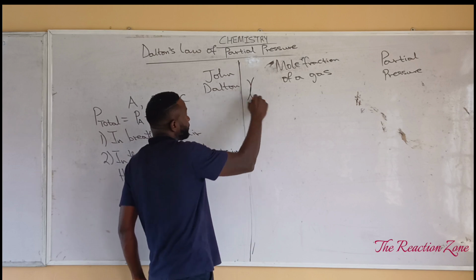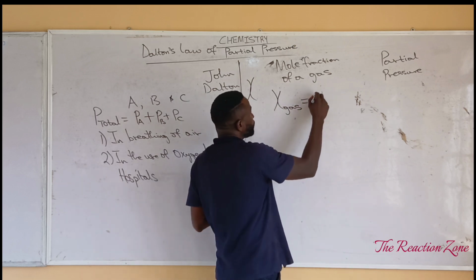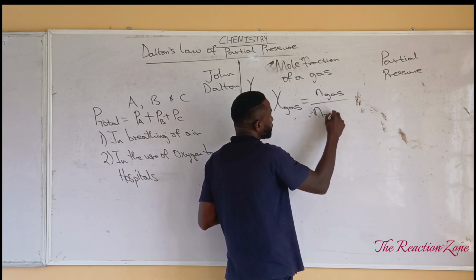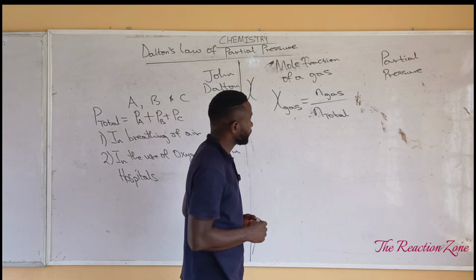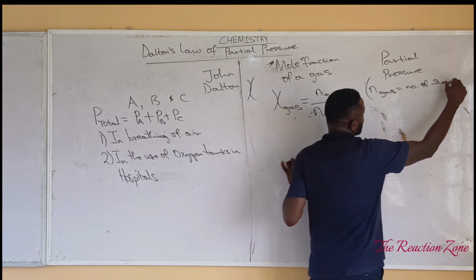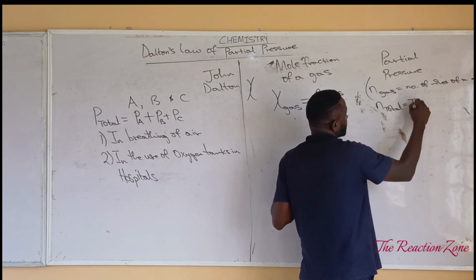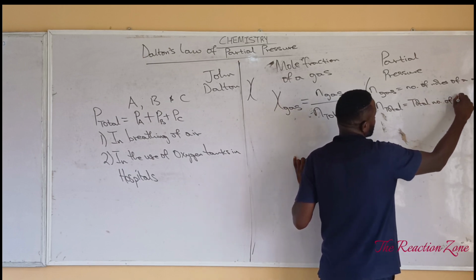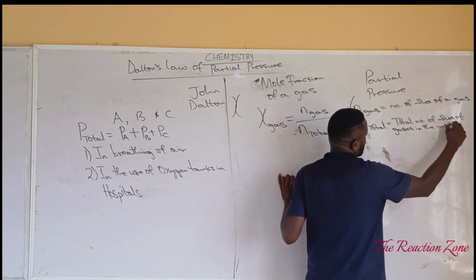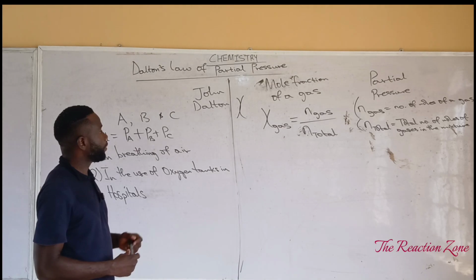Mole fraction is represented by this symbol. The mole fraction of a gas is simply going to be equal to the number of moles of that particular gas over the total number of moles of gases in the mixture. This represents the number of moles of a gas, whereas N total represents the total number of moles of gases in the mixture. Now that this is clear,